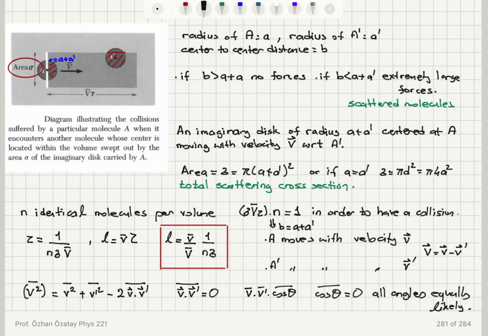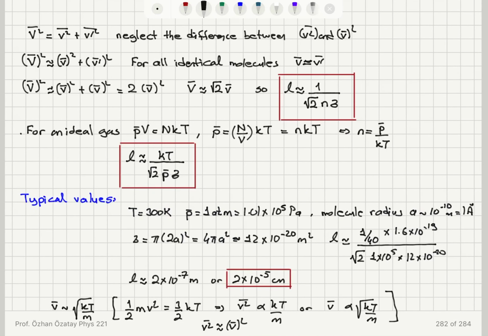And we can estimate the value of the mean relative speed, since all angles are equally likely and we neglect the difference between v square bar and v bar square. The estimated mean relative speed is square root 2 times the mean speed v bar. So L is approximately 1 over square root 2 n sigma,